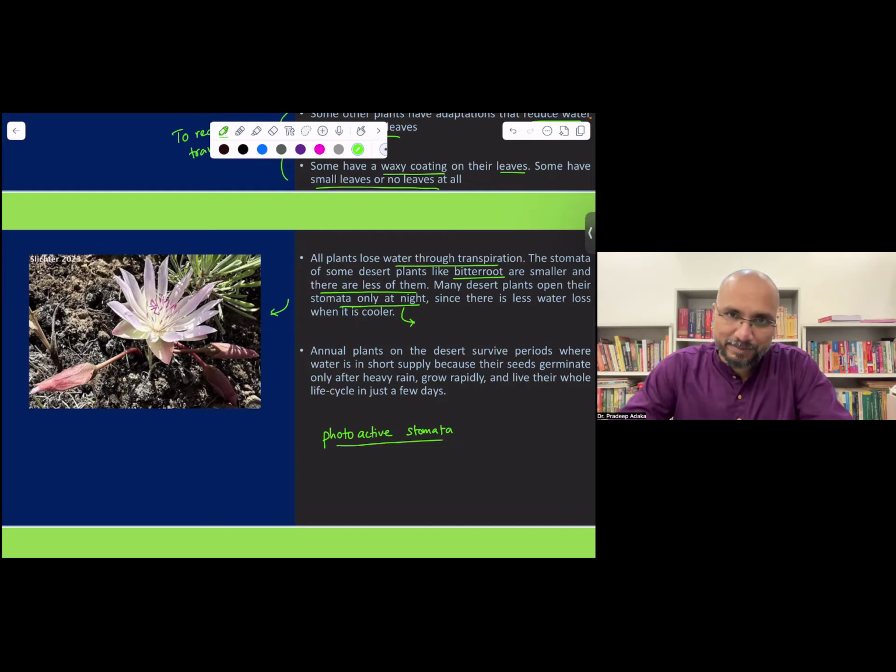So during the light time, during the daytime when the light is available, photosynthesis will happen. So majority of the plants, almost most of them, have these kind of stomata, photoactive. During the daytime they will be activated, that means they open up during the daytime. Some plants, especially xeric plants, those growing in the desert ecosystem, where precipitation is very low, to reduce the transpiration, they open the stomata during the night time. They are called as